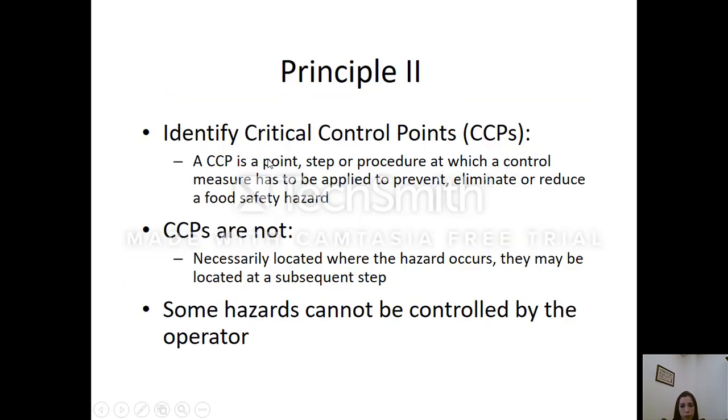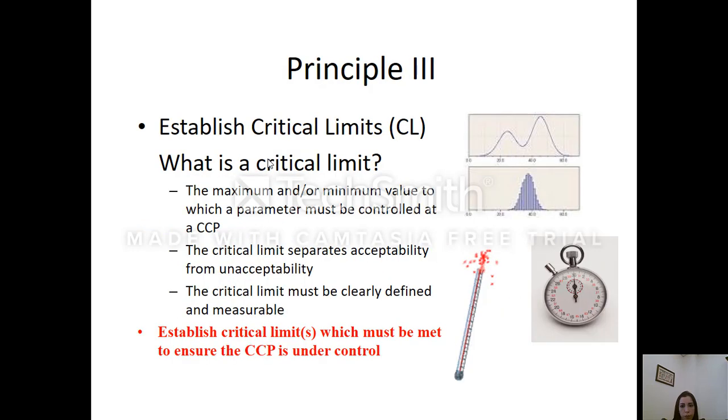So the critical limit must be clearly defined and should be measurable. I can measure it so as to be able to monitor it later on. Exactly, that's what I was talking about: monitoring. So what is monitoring? I have the CCP, I have the critical limit. Simply, I need to monitor, to measure, to see whether I'm within my critical limit